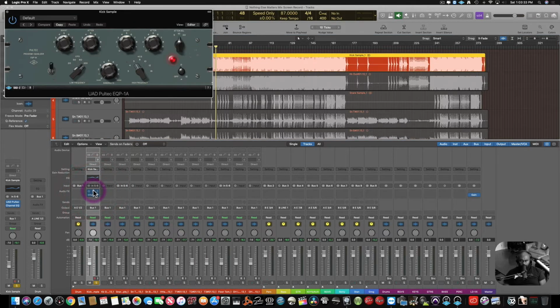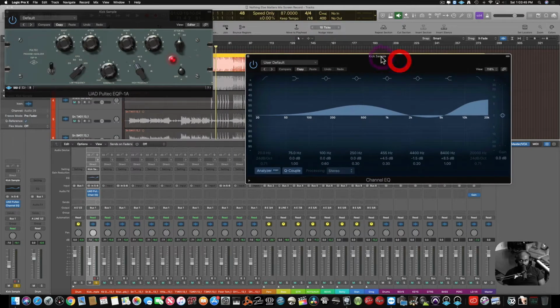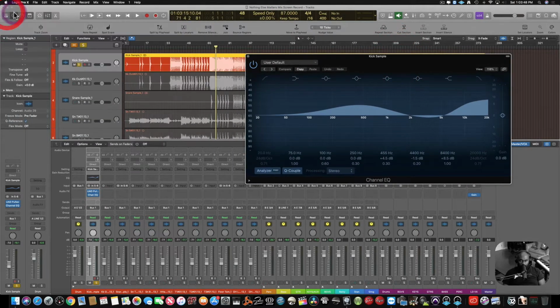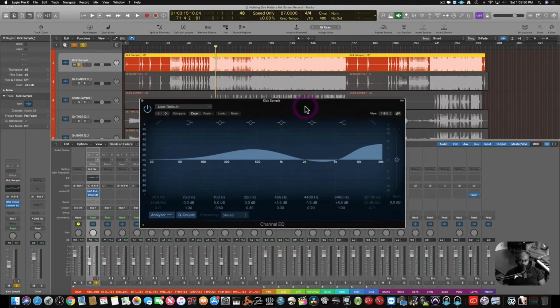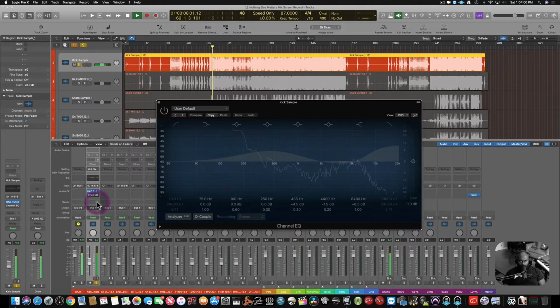So on this kick sample, I have a Pultec and just a regular channel EQ. Now, I need to quickly explain. I'll start with the channel EQ. I'll need to quickly explain the purpose of this form that you see here. So the thing that I want you guys to pay attention to,